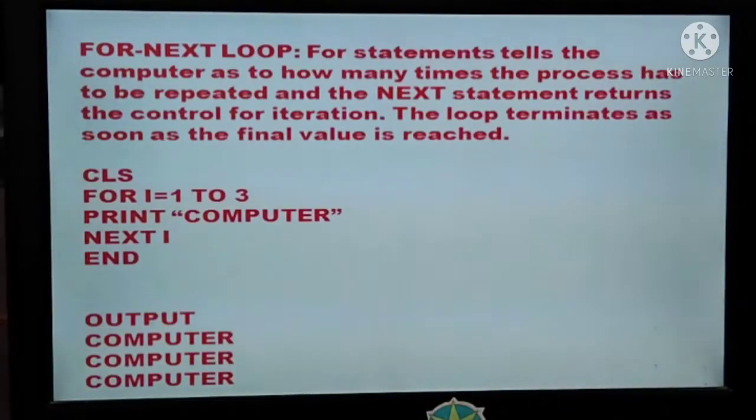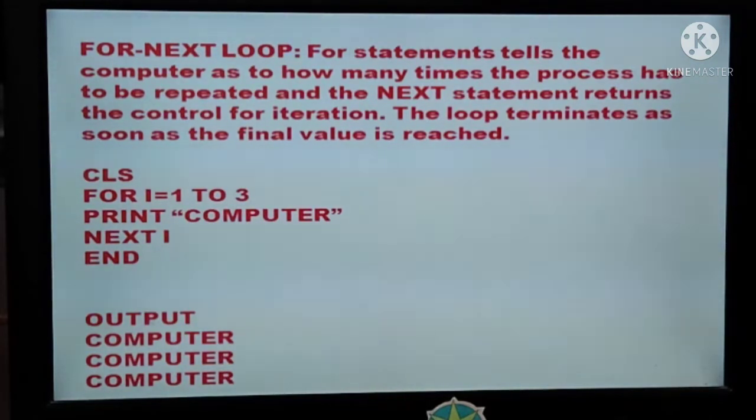Okay, now the next is the for next loop. In this for next loop, the for statement tells the computer how many times the process has to be repeated, and the next statement returns the control of iteration. The loop terminates as soon as the final value is reached.